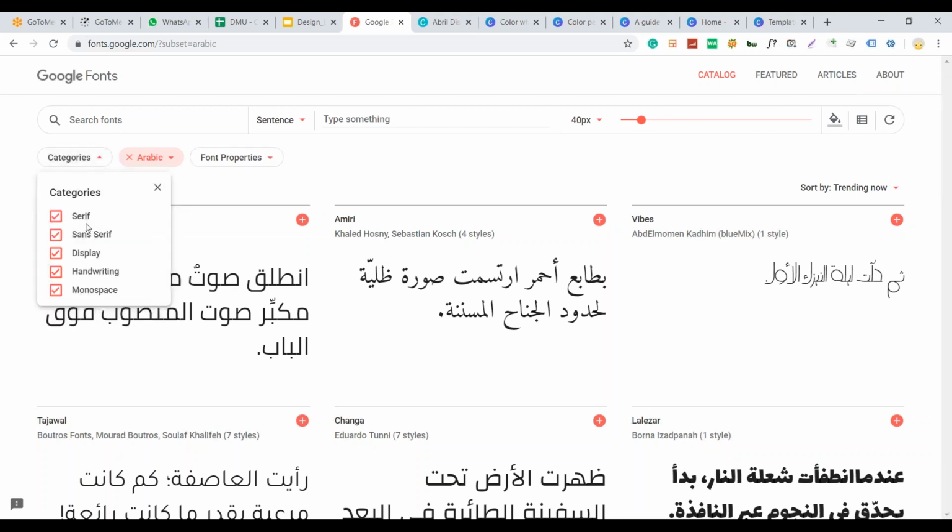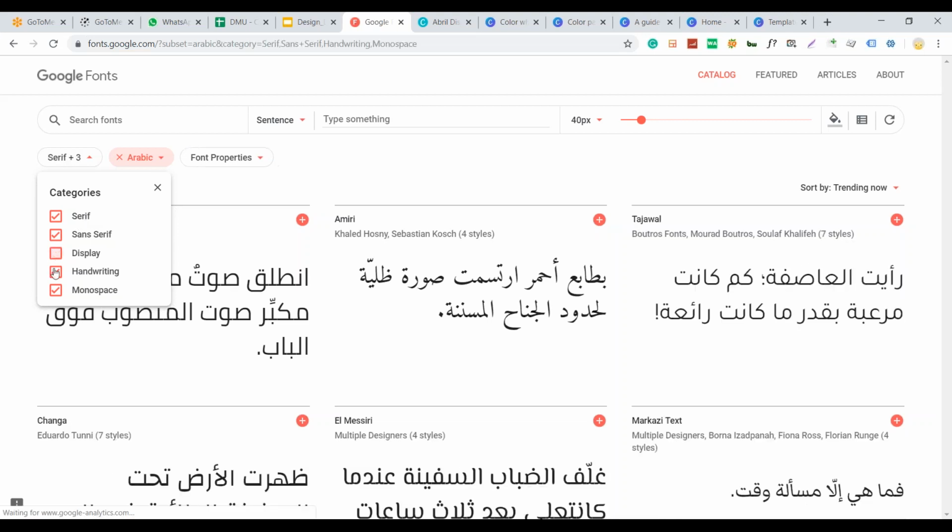Next, try to select the font based on your brand's personality. If your brand has a serious kind of personality, you can stick to these three options: serif, sans serif, and monospace. Now if you look at the way these fonts look,